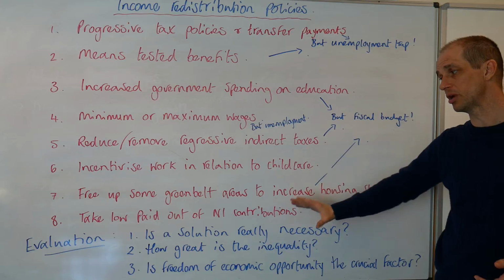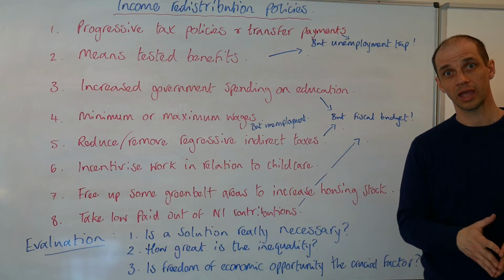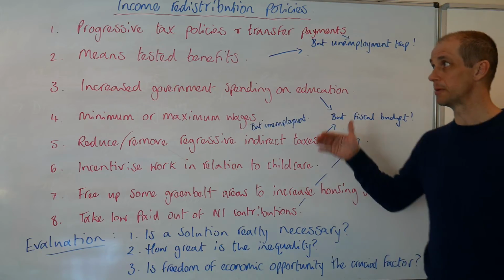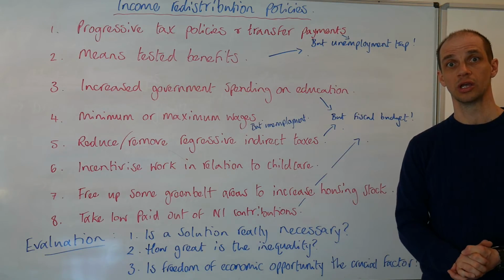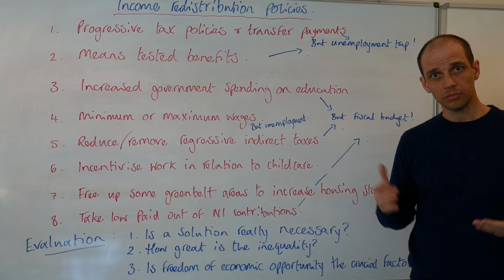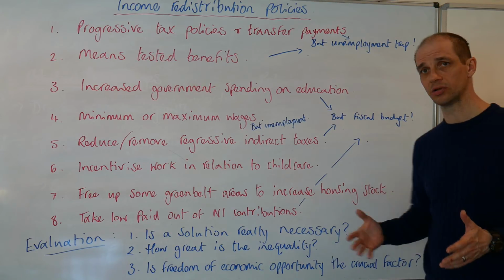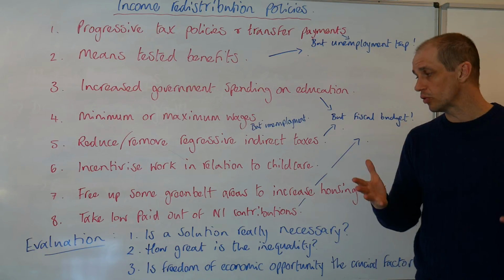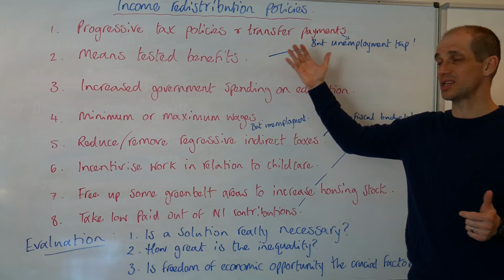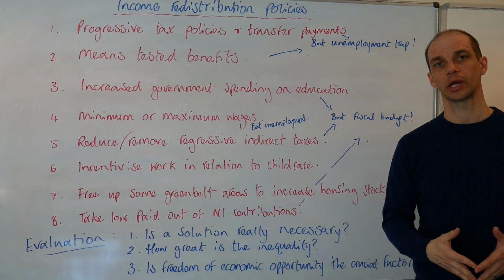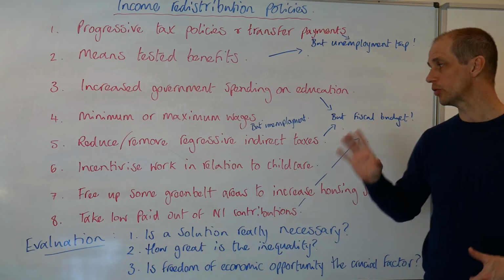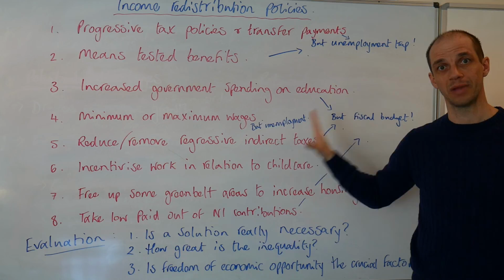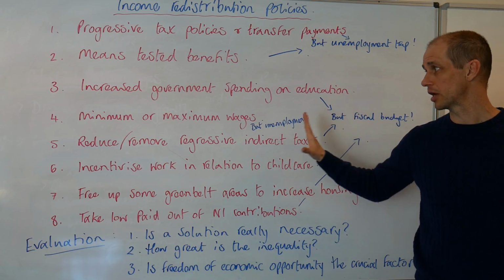But of course, there are so many evaluative themes you could look at here, and that could include, for instance, supply-side policies, and to what extent they could help to reduce inequality. Yeah, lots and lots of different areas to be considered in relation to this, but you've also got to remember, where does this rank in terms of government's macroeconomic objectives? And if you are addressing this, how is that going to conflict with other macro objectives? Okay guys, thanks a lot.